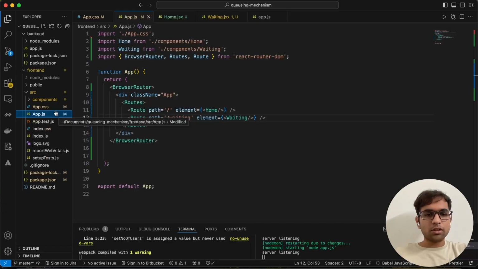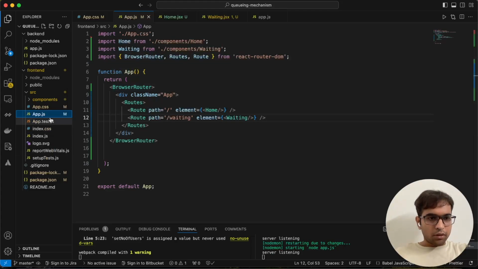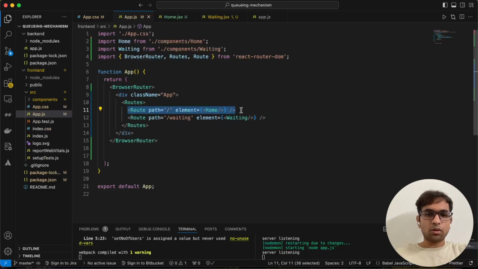Okay, so now the next part is for the React application to connect via WebSocket to the server if the limit is not reached. And if the limit is reached, then we will have to redirect to waiting. Okay, fine. So as soon as the user hits this route, by default the user will be hitting this route itself. Now a user may directly hit the route waiting, but that would be another scenario for us to handle that we'll see. But by default, the user is going to hit this route, and after that,